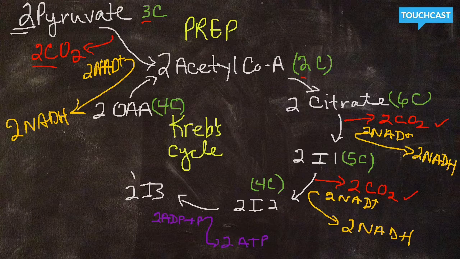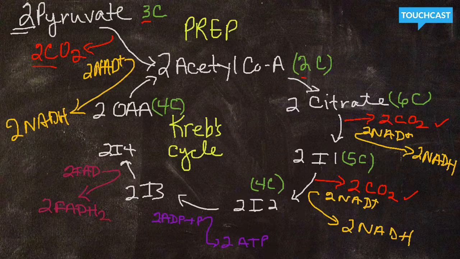In the next step, we're going to go to 2 molecules of intermediate 4. And here we're going to create a different molecule that we have not talked about yet. We have 2 molecules of something called FAD, and they are going to be kicked out as 2 molecules of FADH2. So FADH2 is similar to NADH. It is an electron carrier that is going to be used dropping off electrons and exciting electrons in the electron transport chain. Then for the very last step, we're going to take our intermediate 4 and convert it back to